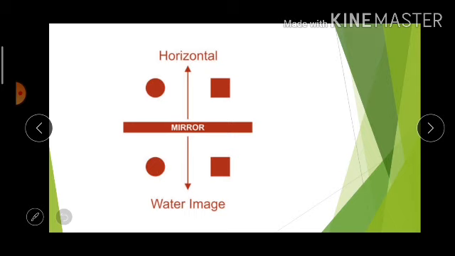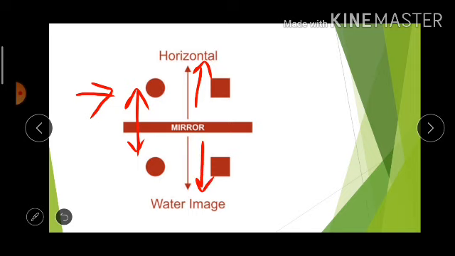Now we come to water images. Unlike mirror images, in water images the images get converted upside down. So instead of checking left or right, you have to check whether the images are upside down or not. This is the original image. First is a circle. When you put a circle upside down, it is the same. Now this arrow is getting changed. The original arrow was pointing upwards. In the water image you will see that the arrow is pointing downwards. This is how we find out the water image.